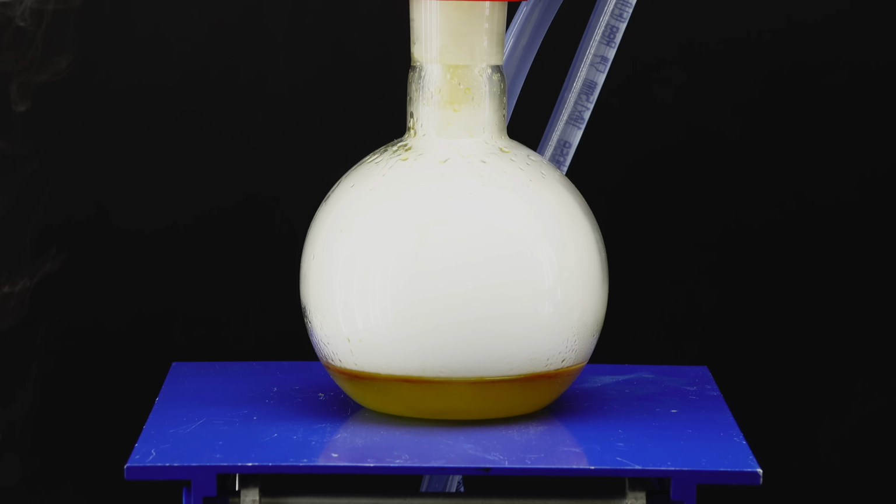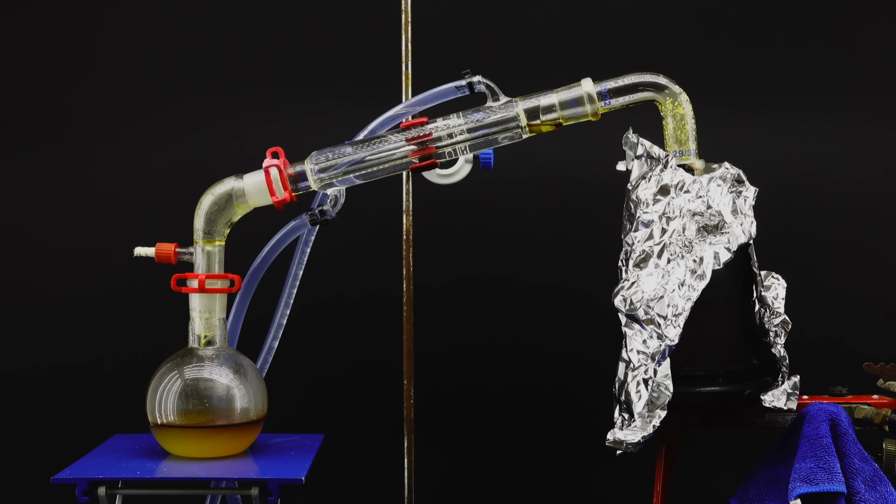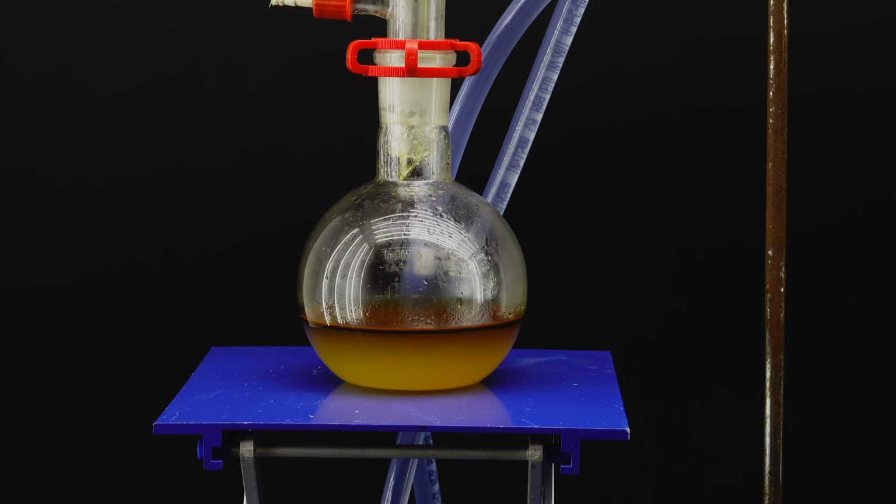This had to be benzene, and I was honestly amazed that I actually managed to make it. There seemed to be quite a bit of it, and at some point I decided that the reaction mixture was dry enough to again insulate the can with aluminum foil, which will make the heating more even. This time, the foam fortunately didn't show up, and I continued the distillation until no more vapors escaped from the